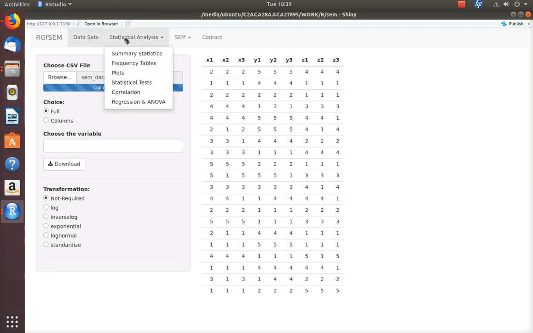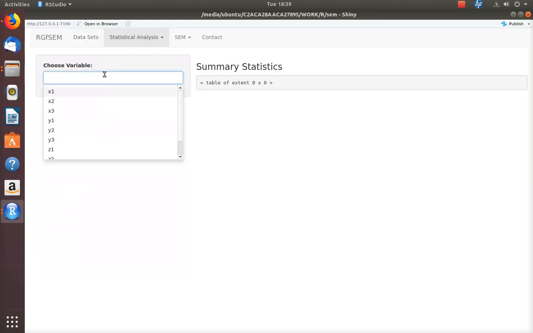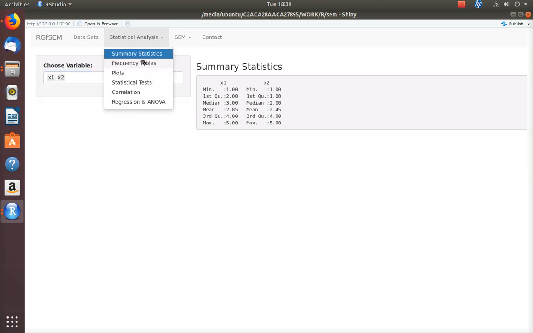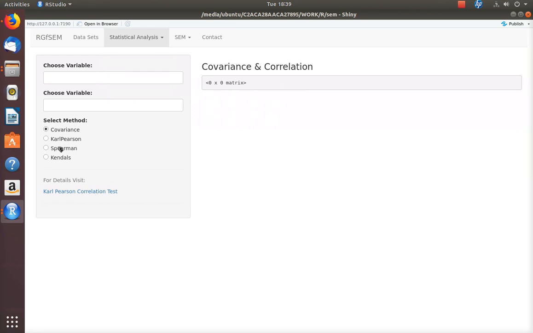In case you would like to do some statistical analysis, you can just perform it. This is Summary. This tab provides summary statistics. Since this is ordinal data, much of the statistical techniques are not very meaningful for this analysis. However, there is one simple thing called covariance, because structural equation modeling is